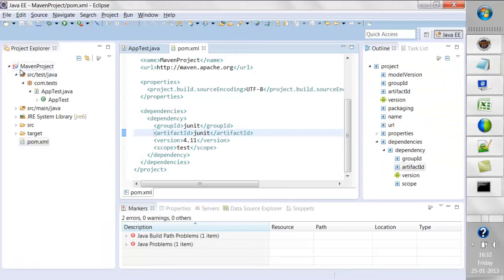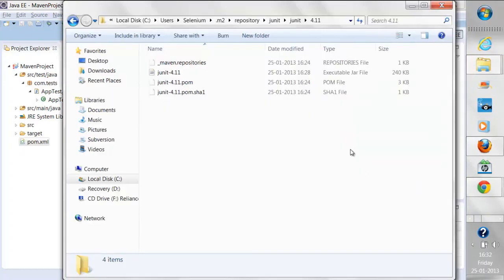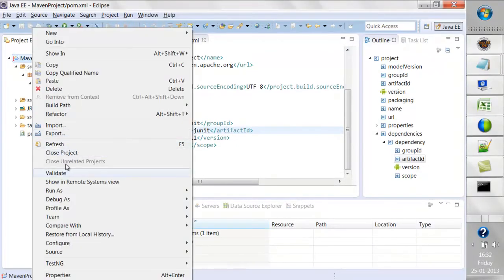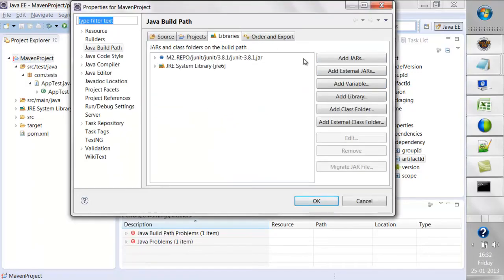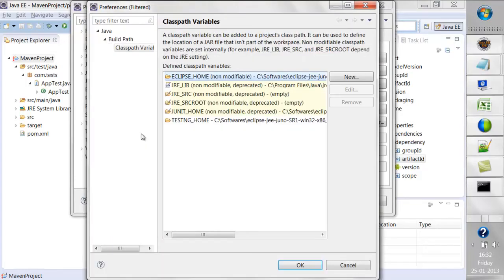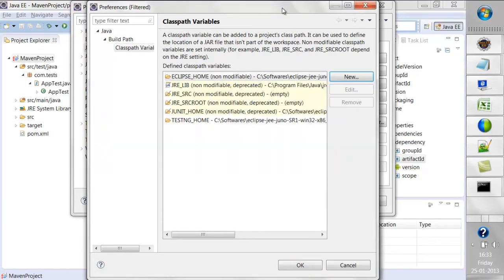And we need to resolve this error. This error is coming because the jar file that we have downloaded through Maven is not yet associated to our current project. So how do we associate it? We need to right click on our project, go to the build path, click on configure build path, go to libraries, and then we need to add variable, and then click on configure variable and create a new variable with the name